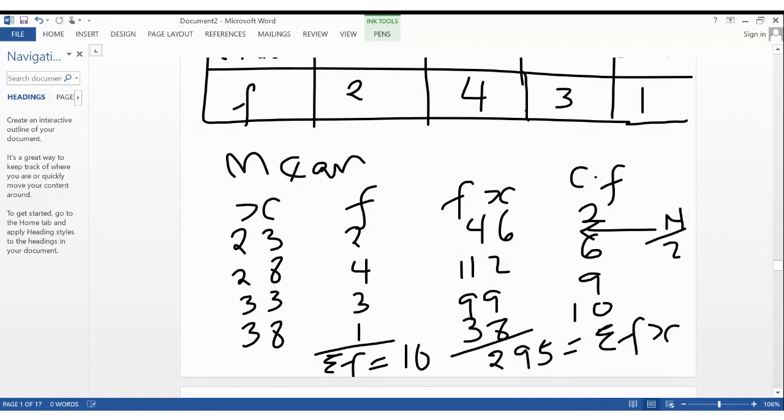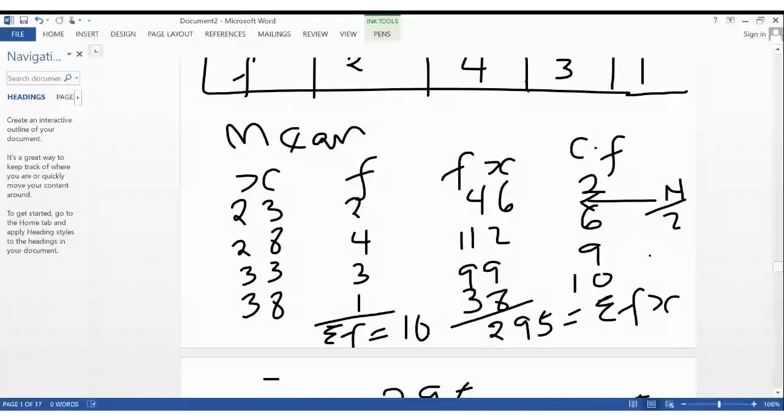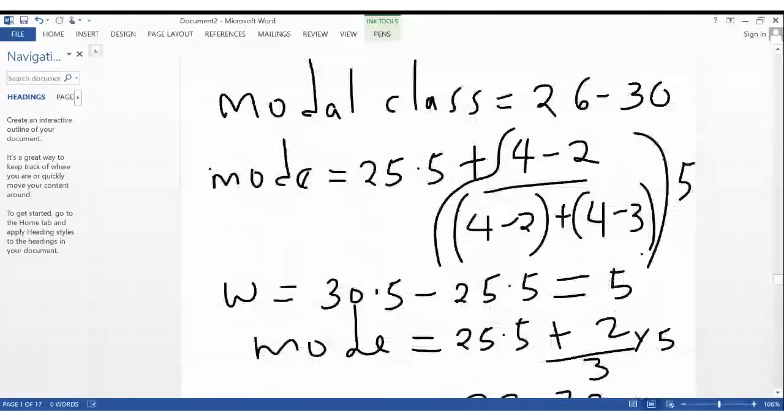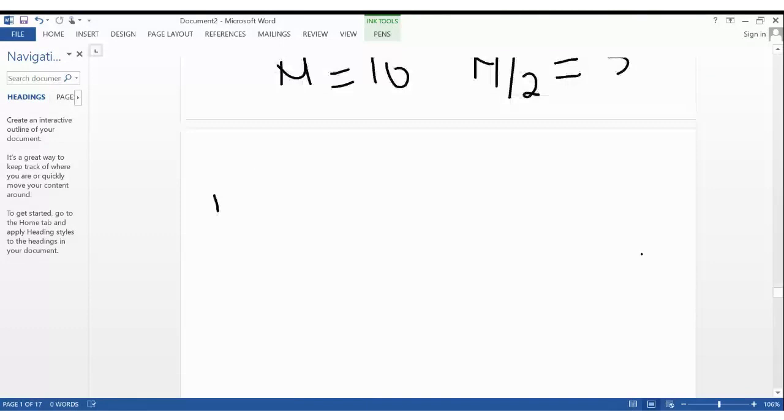So which class shall we take? It will fall on the 26 to 30 class, because it is the class that has the frequency 4. And the class that has frequency 4 is 26 to 30. So the lower class boundary there will be given by the median now. So the median will be given by 25.5